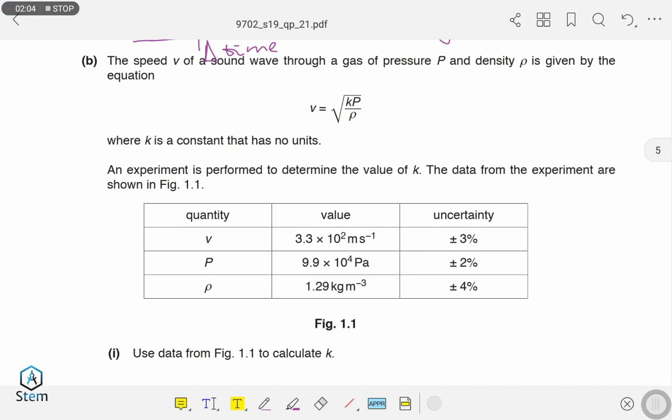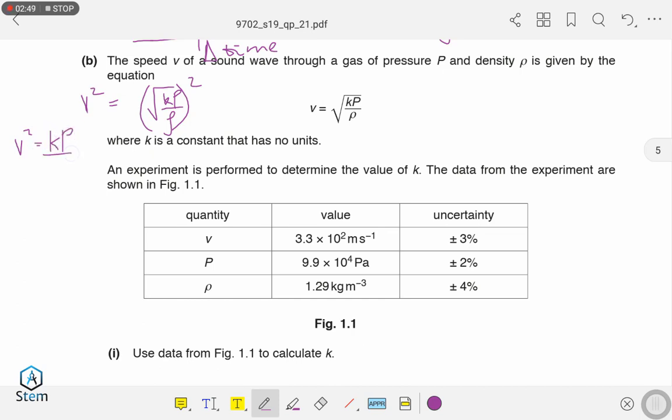I would say the most important skill being tested here is your understanding of how to make a variable the subject of the formula. So how can we make K the subject of the formula? Firstly, we are going to square both sides. So we have V squared is equal to square root of KP divided by ρ. And I'm actually taking a very long route. We don't really have to go through all that trouble. Now, if we are squaring the square root, the square root and the square are going to take out each other. So we'll end up with V squared is equal to